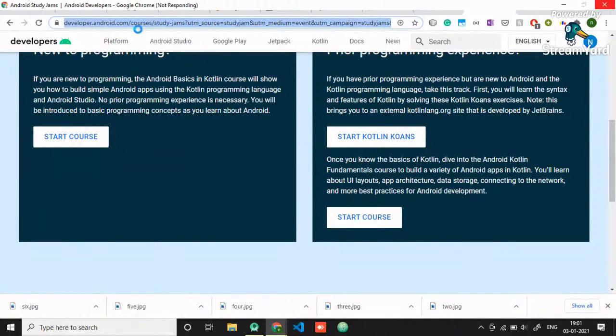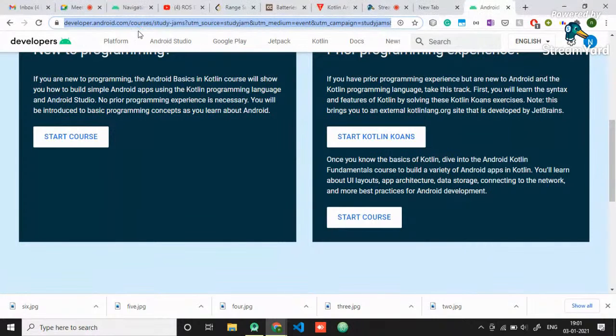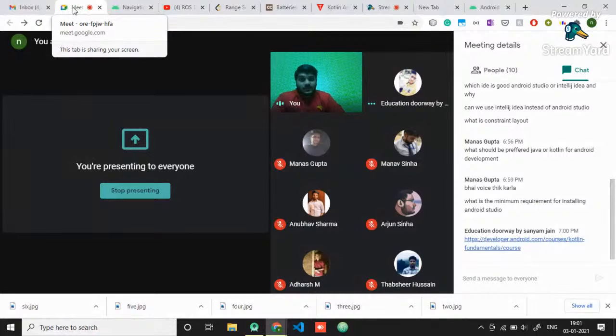One asked, what should be preferred, Java or Kotlin for Android development? Nowadays I will prefer Kotlin. Before Kotlin, I used to prefer Java or any cross-platform application development language like Flutter or React Native. But nowadays, I will prefer Kotlin because all the development is done in Kotlin, and the new updates are coming in Kotlin only, not in Java, as Google has